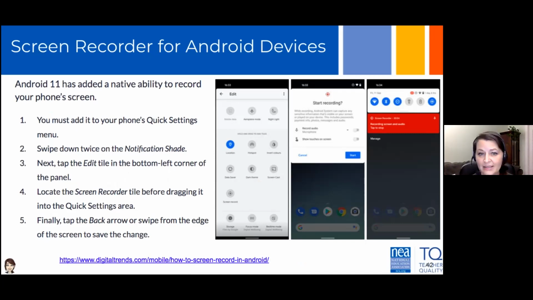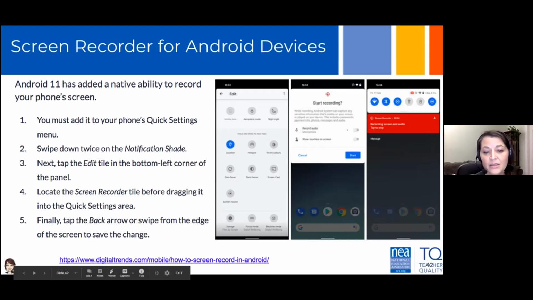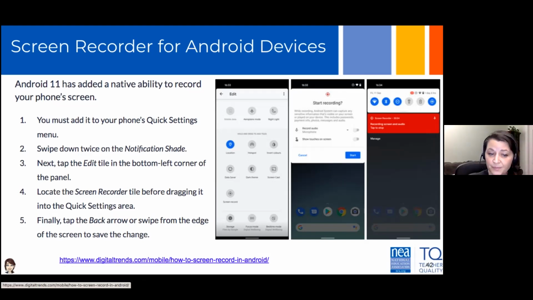Next, tap Edit, and then in the bottom left-hand corner, that should be down at the bottom, locate the screen recorder tile, drag it over into the quick settings area, okay, and then tap the back arrow or swipe from the edge to record your screen and to save the change. And this actually has your steps right there. And here is a link if you're a Droid user on how to do that as well.